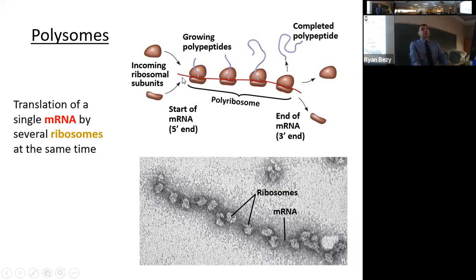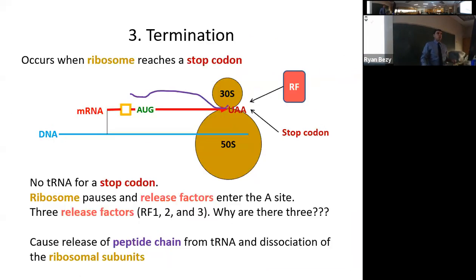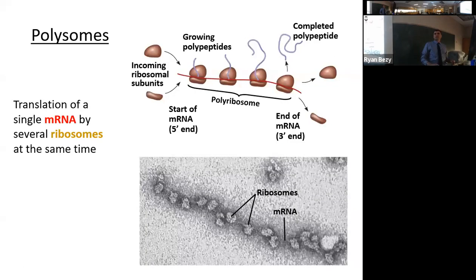Maybe this ribosome has slid all the way along the messenger RNA and it's finished making its polypeptide and it's about to dissociate. This ribosome is maybe 3/4 of the way, so it's made part of the protein, but not all of it. This one is maybe half, and maybe this one's only 1/4 of the way through. So you have these different ribosomes all making protein at the same time off of a single messenger RNA transcript. Why do this?